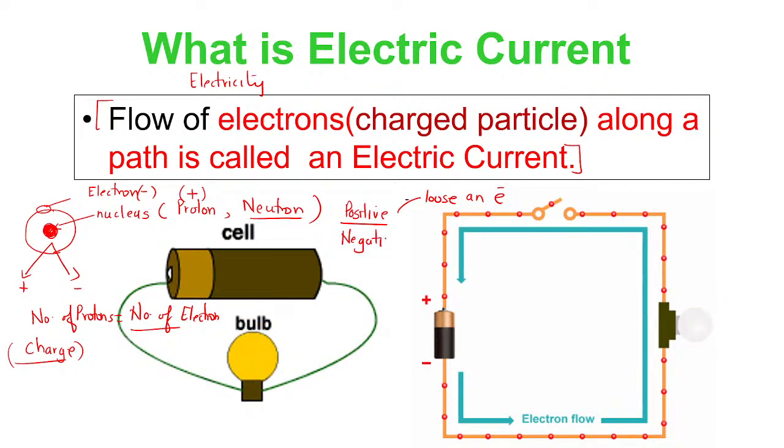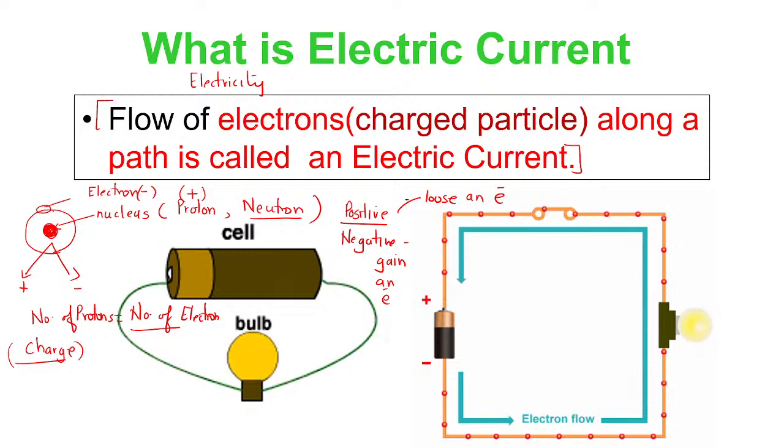When it gains an electron. So an atom can have either a positive or negative charge depending on this variation in electrons. For electricity, these electrons are very, very important. In electricity, we know that there is a flow of electrons along a closed path. So for this flow of electrons to occur, now you know where you get these electrons from.